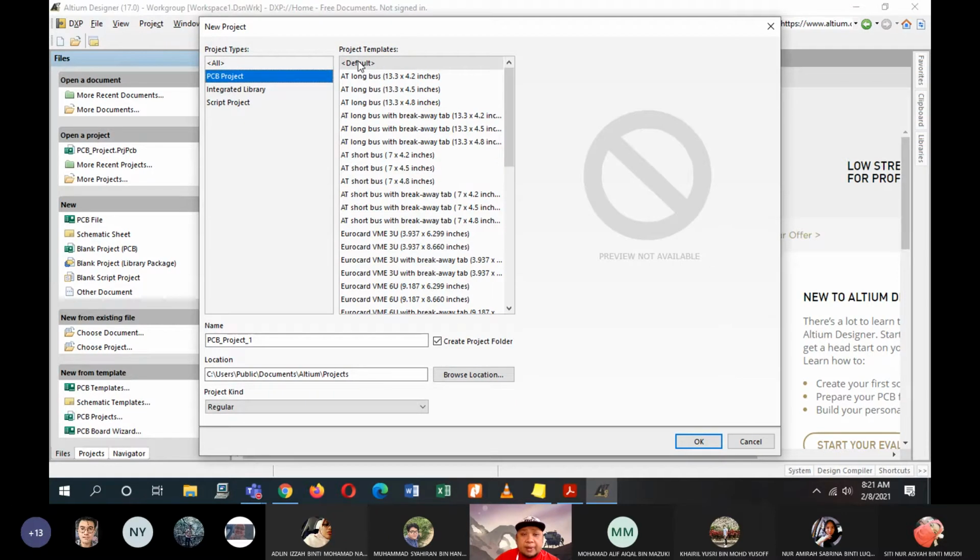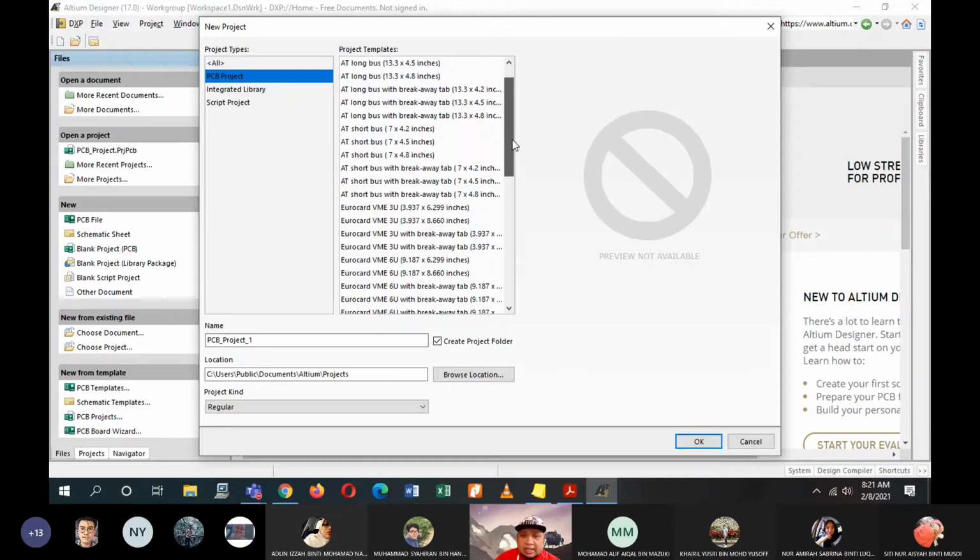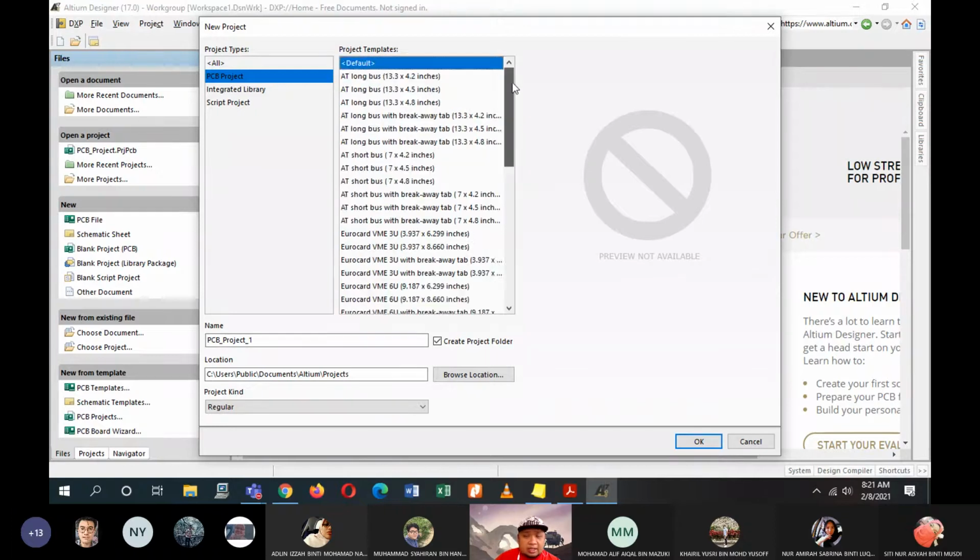And then the templates, just choose default, because the templates are basically the size of the types of board that you'll be designing. So just ignore them for now, because later on we can change the templates during your design.